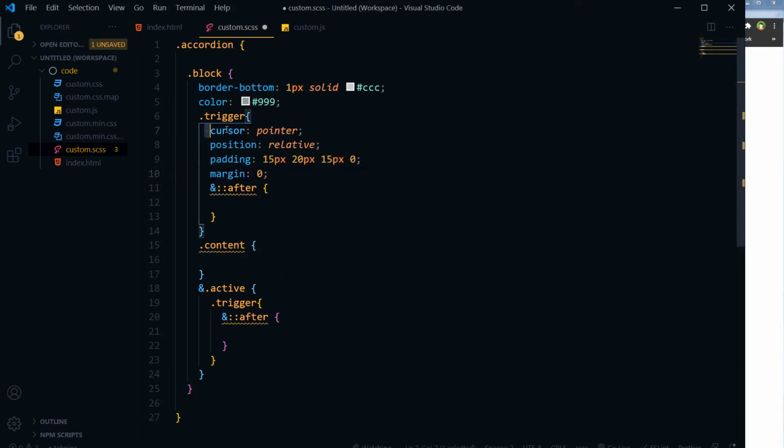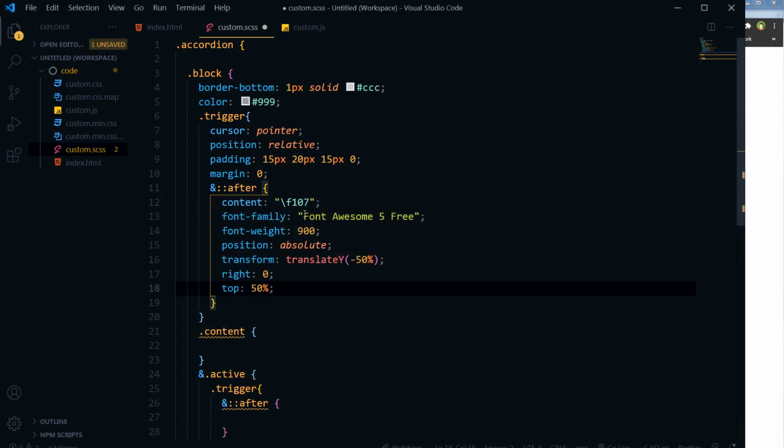And we have got this style, cursor pointer, position relative, padding and margin. And for after we need icon from Font Awesome, and we are using Font Awesome 5 free. And this code I showed you earlier. This is the content for arrow down,